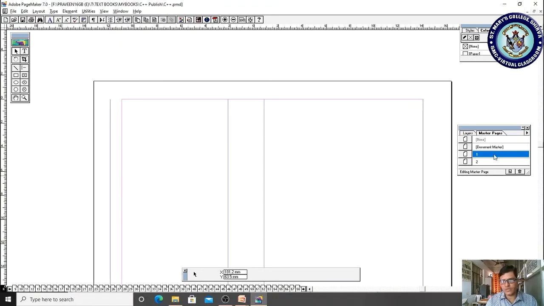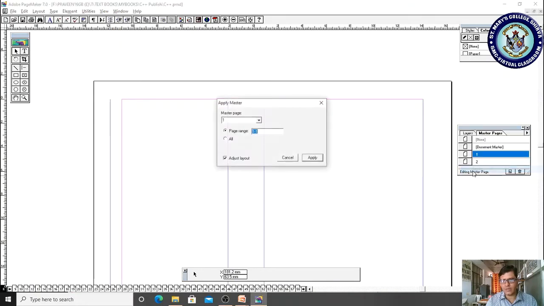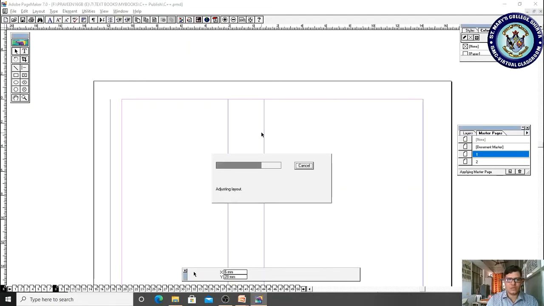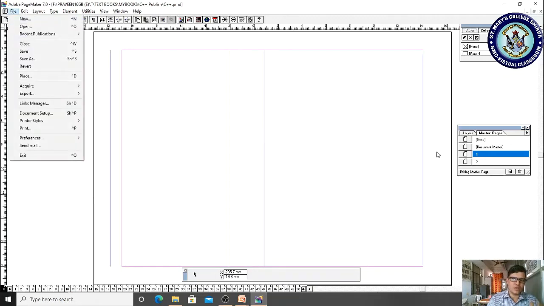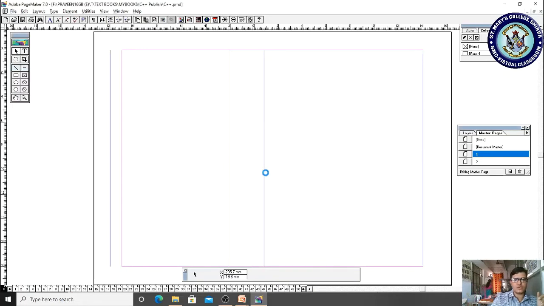Afterwards you have to click apply, then it will ask for the page range. If I give it as 1 to 10, then it will apply for all the 10 pages. If I don't want all this information applied, then my original file may have a chance of being affected. So then what I will do is I will revert all these options. If I revert that, I will get my document as the original, as it was last saved.